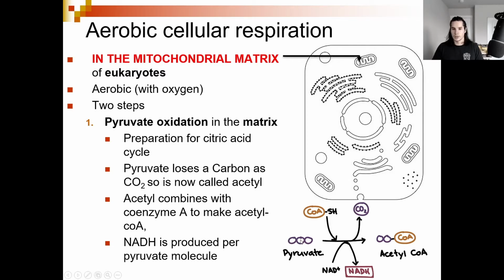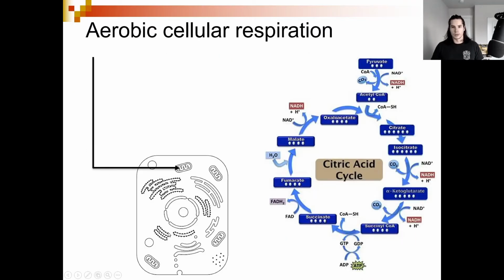So here's your pyruvate, and you undergo pyruvate oxidation. You have this 2-carbon acetyl group, and you've added this coenzyme group to it. So that carbon leaves in the form of CO2, and then in the process of all of this, we are harvesting electrons in the form of NADH. So NADH is produced per pyruvate molecule. I probably meant to put 1. Okay. All right, so now that we've created acetyl-CoA,